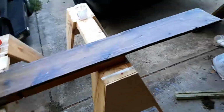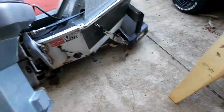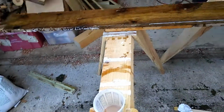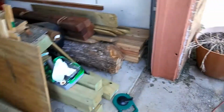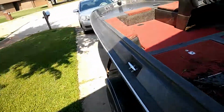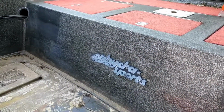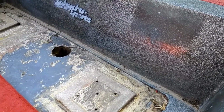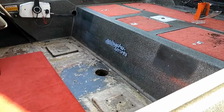Alright, here it is. It's evening time. I think it's a little bit after 4. Been kind of plinking around off and on all day, but I got this covered with the fiberglass resin. And this item here that you see is what's going to go up against this back panel here on the boat. So I need to get my vacuum out, clean that area up, and I'm going to go ahead and install that back piece